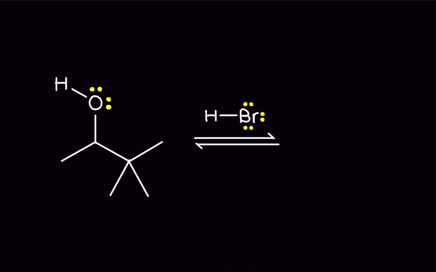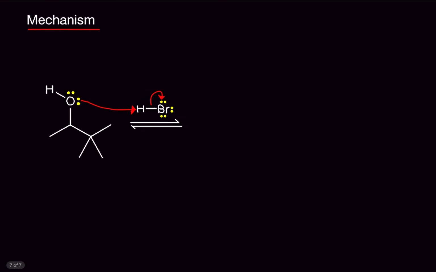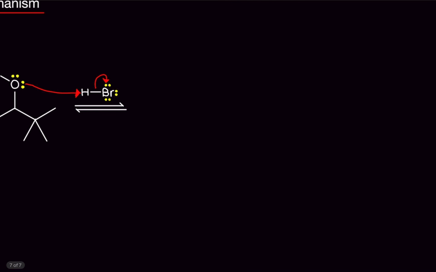So let's draw that in. We're going to draw the tail starting from the electrons attacking our destination atom, which is the proton. So we are going to steal that proton away. But what happens with this bond? It doesn't just disappear. There's electrons in it, valuable electrons. So this bond's going to dissociate and turn into electrons for bromine to hold on to. So what we are left with is